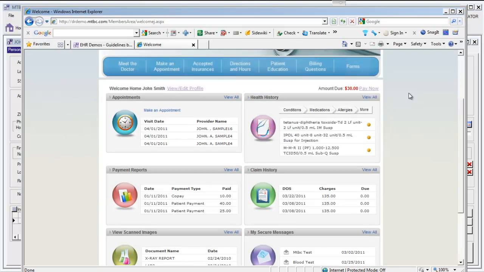Activating the patient portal and providing your patients access to it meets this requirement for core measure number 13,